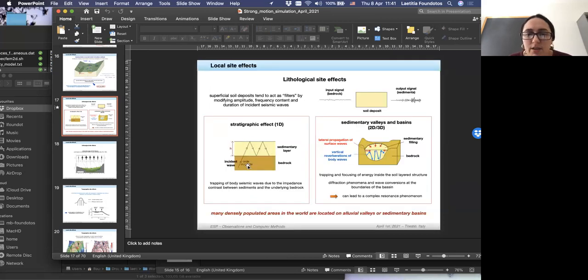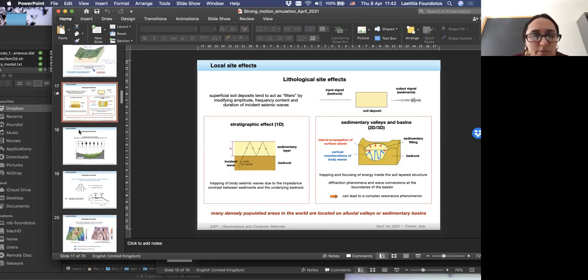Okay, here when you have 2 layers like that, if you know the velocity of the waves of both media, and if you know the thickness of your sediments, you can compute with a really simple equation the fundamental frequency of your site effect.